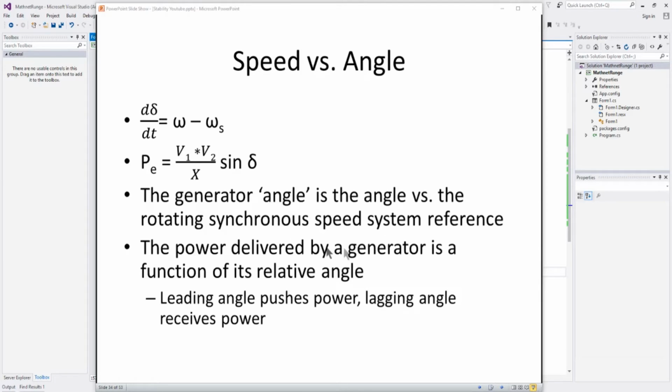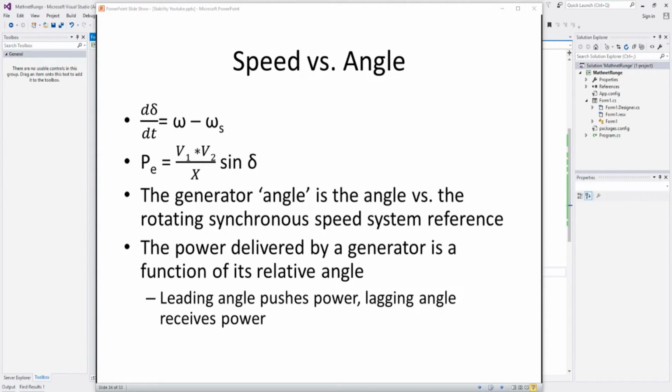Now, the power delivered by a generator is a function of its relative angle, and that is described by this equation here. So if we say that the voltages are constant and this reactance of the machine is constant, you have a direct relationship between angle and electrical power output. So a leading angle pushes power out of the generator into the system. If it's a lagging angle, lagging behind the system angle, it receives power. Okay? These are very important equations,